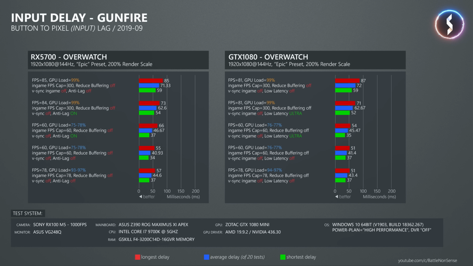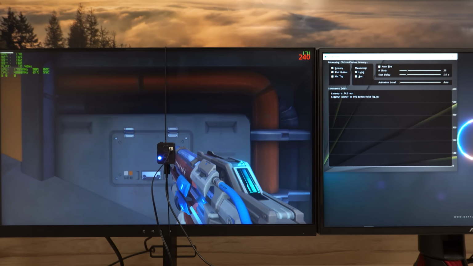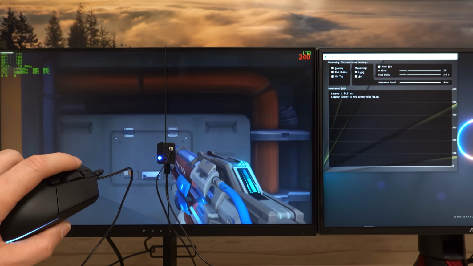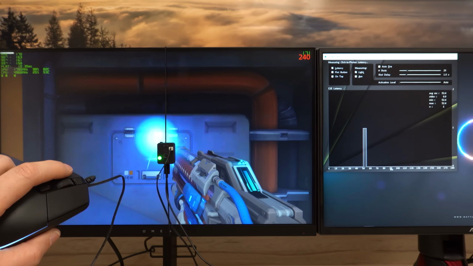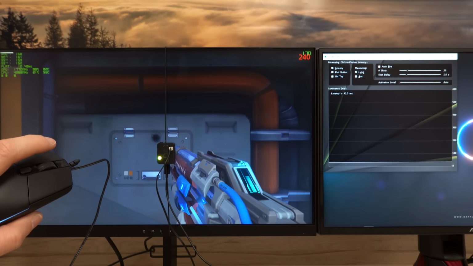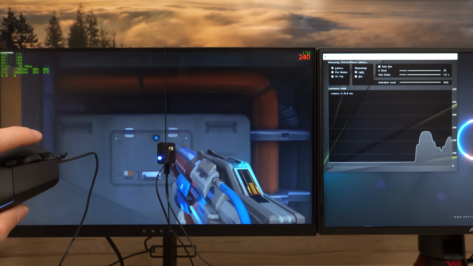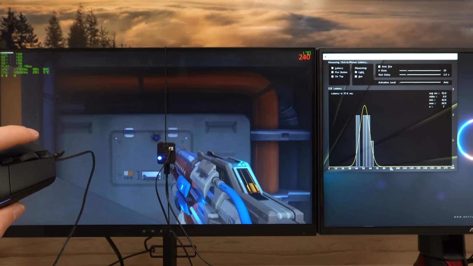While that data is very useful, it does not tell us anything about how stable or predictable the end-to-end latency of a system is. To look into that, I must increase the sample size, which is now finally possible thanks to NVIDIA's new latency measuring tool called LDAT. With LDAT, I can now increase the sample size from 20 to 200, and instead of spending many hours counting frames to get the results, I can see them in real time on the monitor of a second PC.